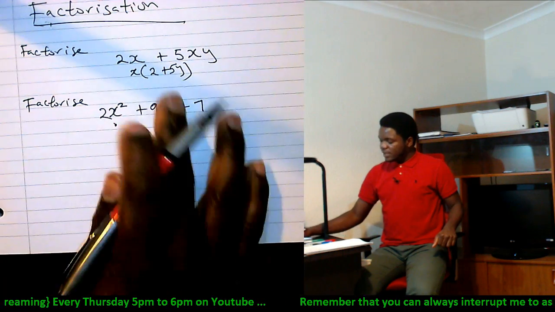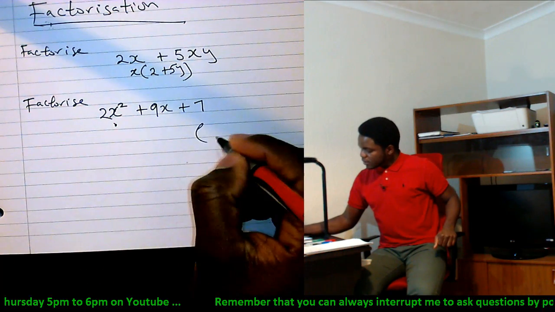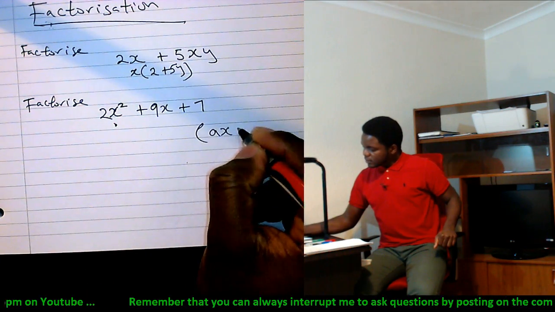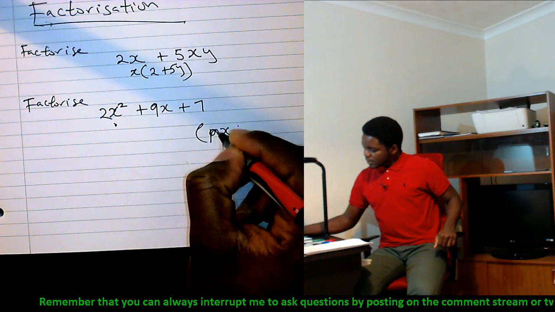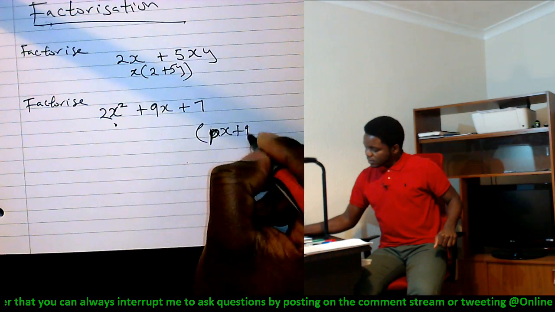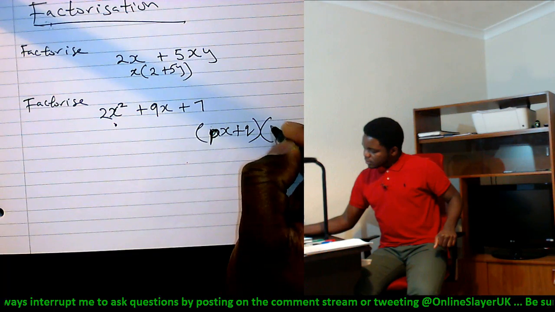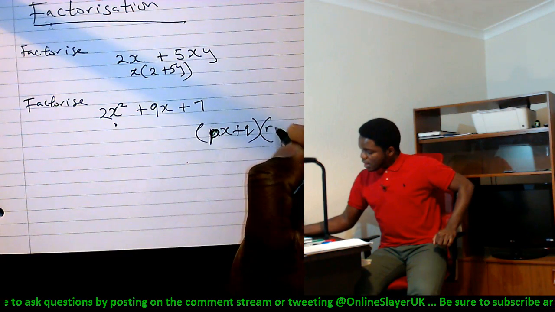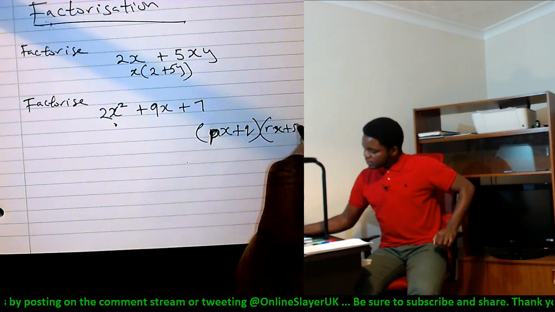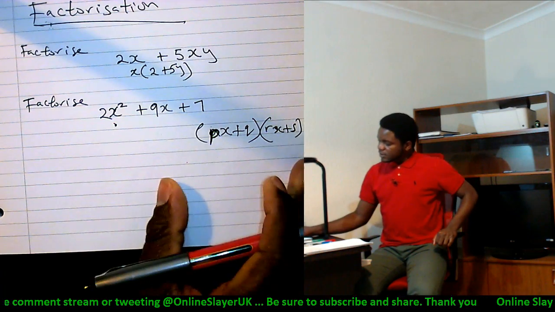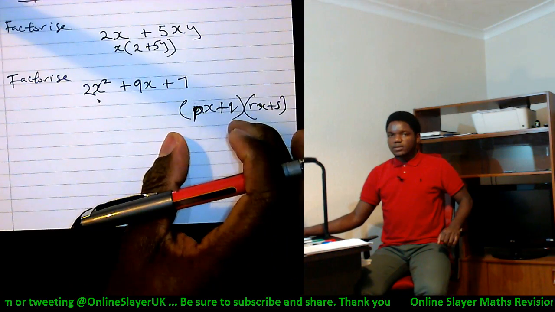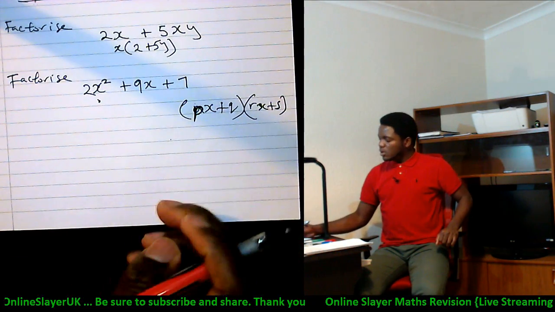You could factorize into this form, px plus q into rx plus s. You could do this such that you have one term multiplying another term,